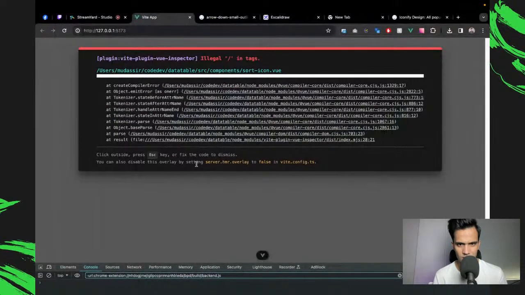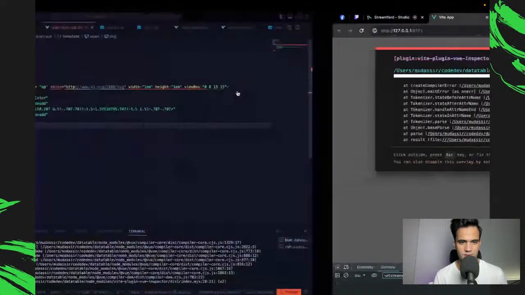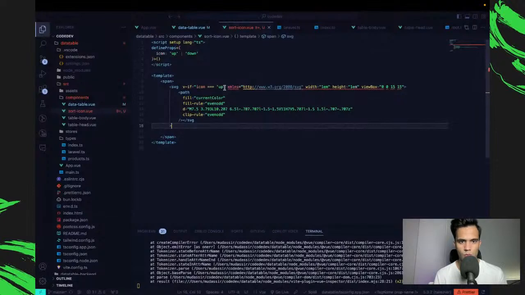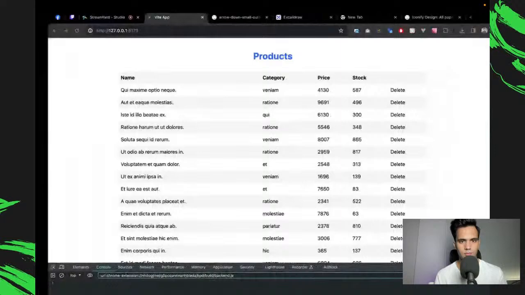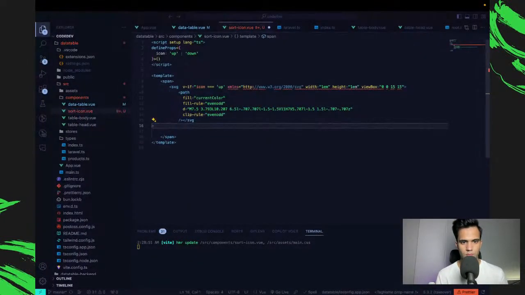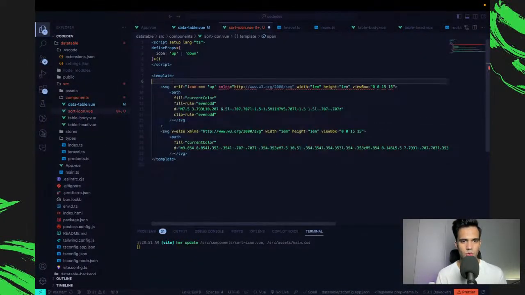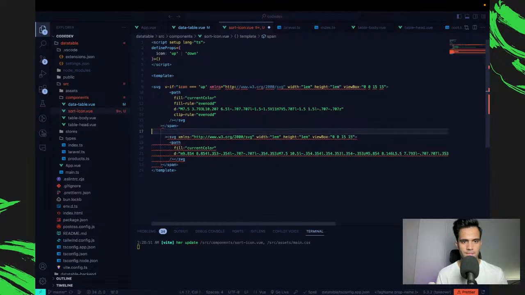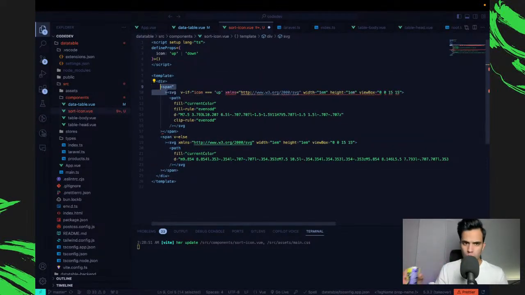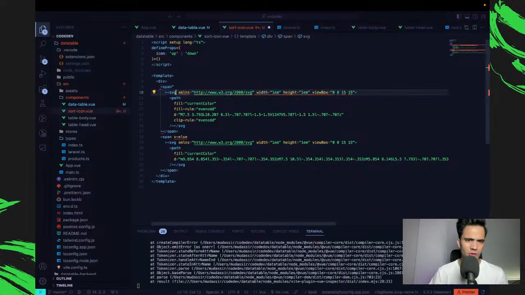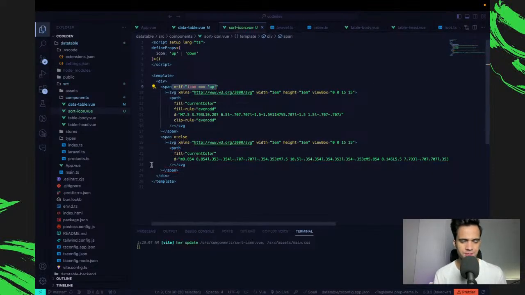Illegal tag, illegal slash in tags. Icon is equal to up. Because of my formatting, I still don't really know what's going on here. Okay, let's just leave it as it was, because that way, at least it would be working. And then we can refactor it later on.